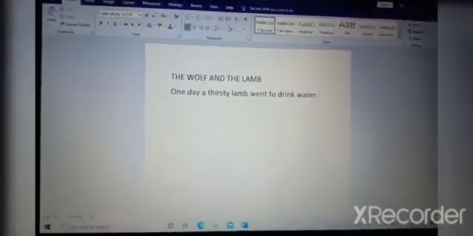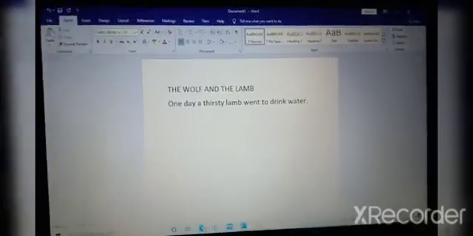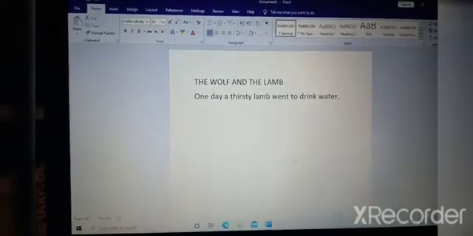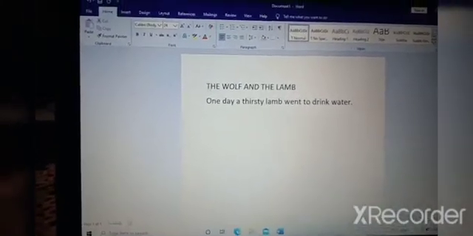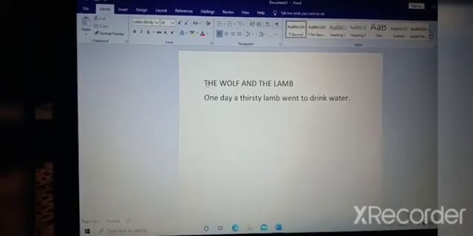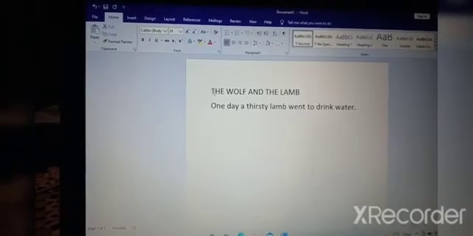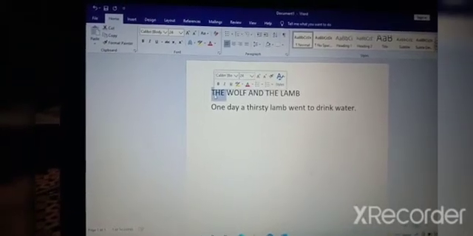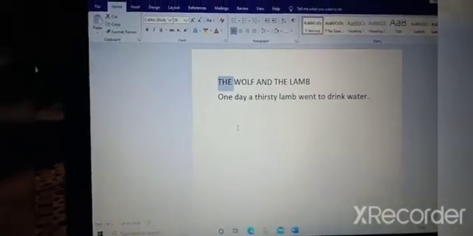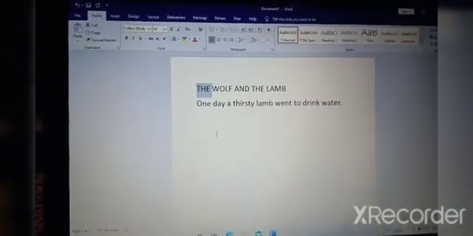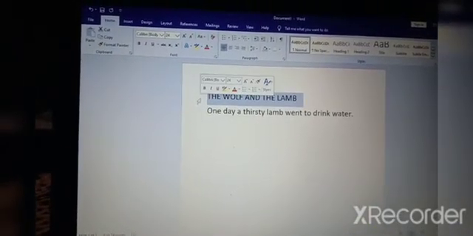Now we will see the three ways to select the word. We will see how to select the sentence and whole paragraph and whole document. Okay, now to select a single word, just keep your cursor on that word and double click on it. Now you can see the word is selected, a single word is selected. Okay, now to select a line, you just click outside 2 times.